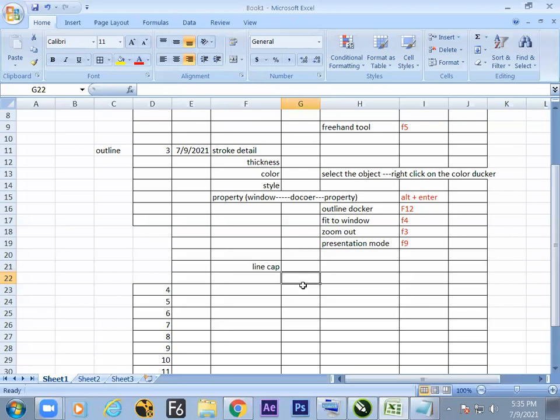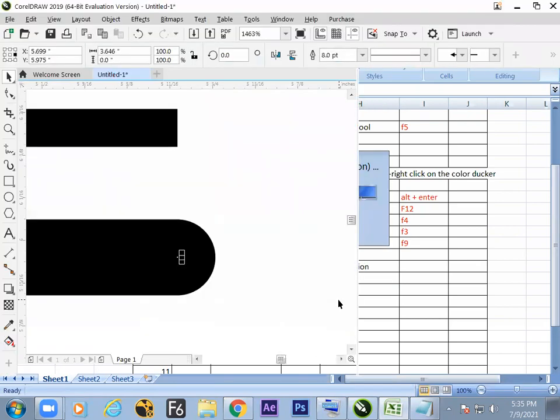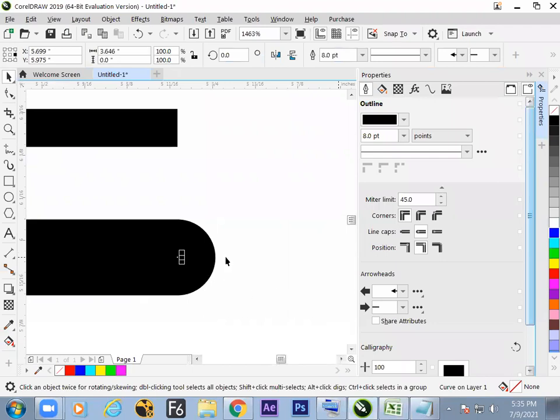Line cap is again of three types. What are those? Square, round, extension. Extended. Square, round, extension. So we are not in a hurry. We are just learning the properties of a line. On that base, we'll be learning a lot.